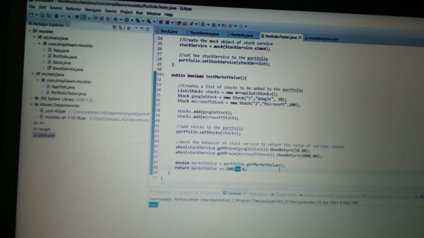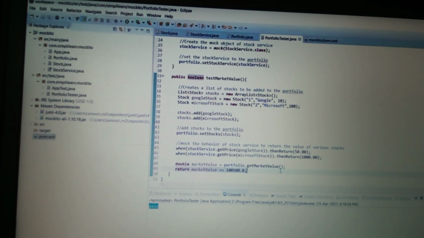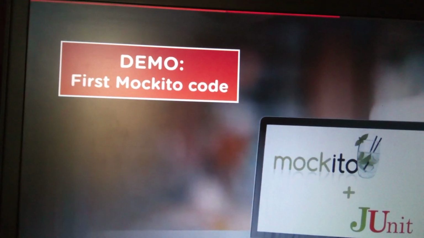I'm going to roll back my changes here and see if it's getting success again or not. So yes, here we go, we got the pass status over here in this one. So just like that, you can actually mock the objects, you can put some inputs, and according to that the responses will be coming up there, and you can go ahead with that particular mechanism. So this is the way the things really move on when we talk about Mockito, and how we can mock the real objects and test out our application here. So that's what we do with Mockito here. So that was a complete